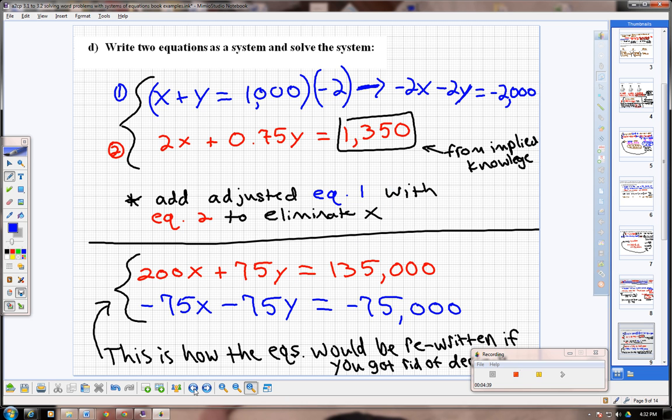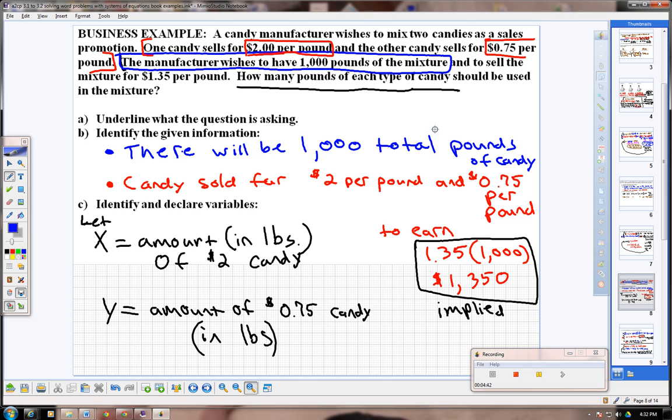The implied information in this particular problem is that they were selling the mixture for $1.35 per pound, and they knew that they wished to have 1,000 pounds of the mixture. So if they want 1,000 pounds, and they're selling the mixture for $1.35, that $1.35 times 1,000 is how much they're bringing in. Okay, how much they're bringing in. So $2 per pound of mixture multiplied by the amount of $2 candy,